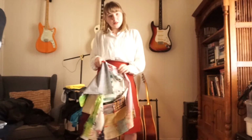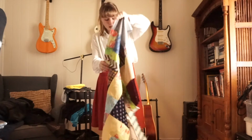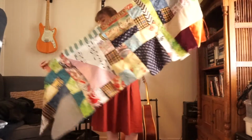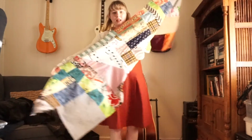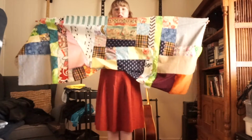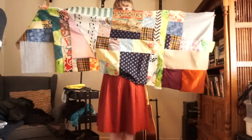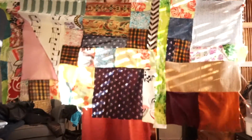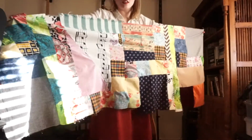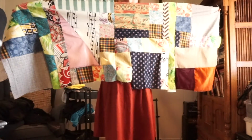So after a frankly ridiculous amount of sewing and ironing and quilting, I've put together, I would say roughly 1.5 meters, maybe 2 meters. Yeah, let's go 2 meters worth of quilted fabric bits and pieces. Bring it closer so you can get a hopefully better look at it. So this is what I'm going to make my skirt out of,